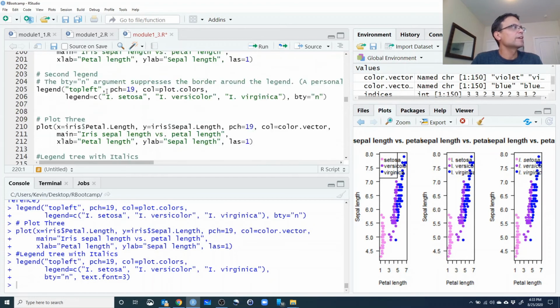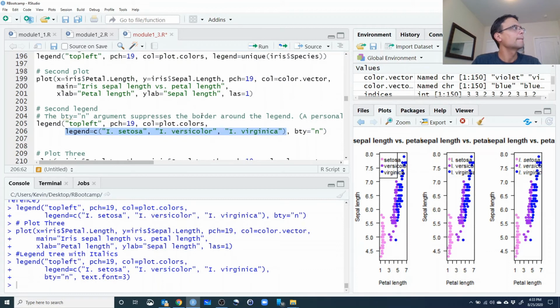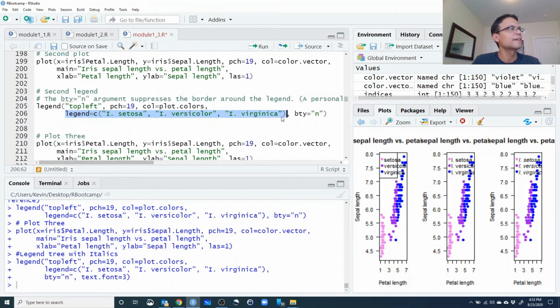So the first one, just use the legend function. You give it the location of the legend in the top left. The point character is 19 for all 3. The color is the plot colors. The legend is the species names. And we give the box type, or if we don't specify bty as n,